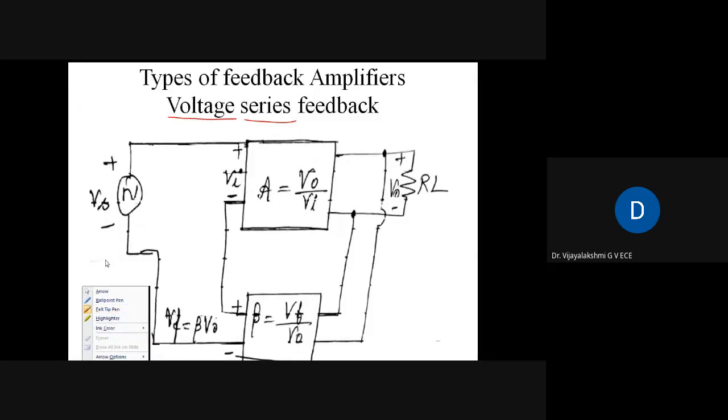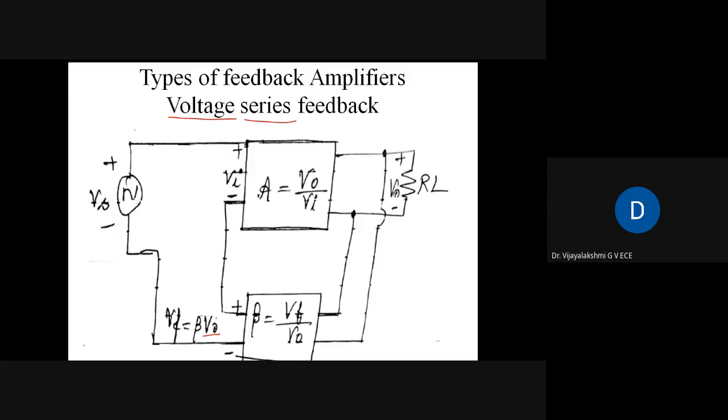The voltage series feedback amplifier. So this is the amplifier part, and this is the feedback part. And as you can see, in case of voltage series feedback amplifier, I'm taking the output voltage. So always the output voltage has to be taken, and always in parallel. So from the output I am taking the voltage in parallel, and we have denoted the output voltage as V0. And since you are connecting the feedback signal in series,